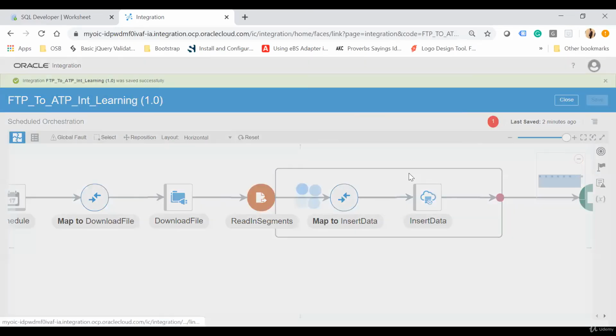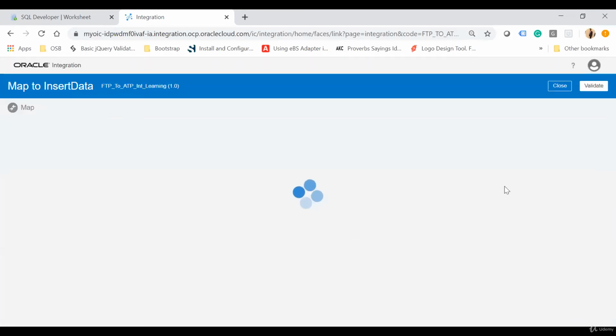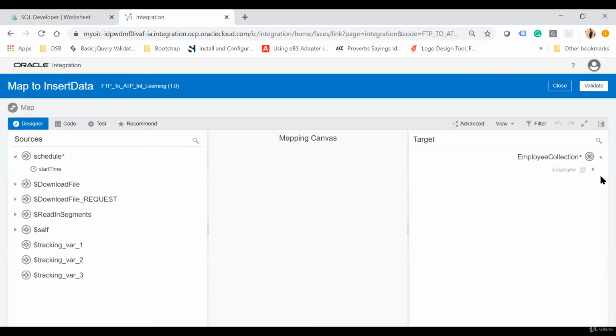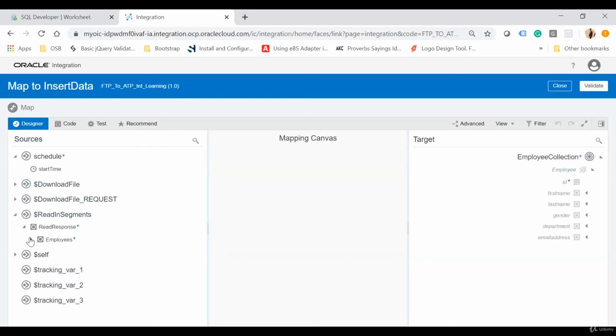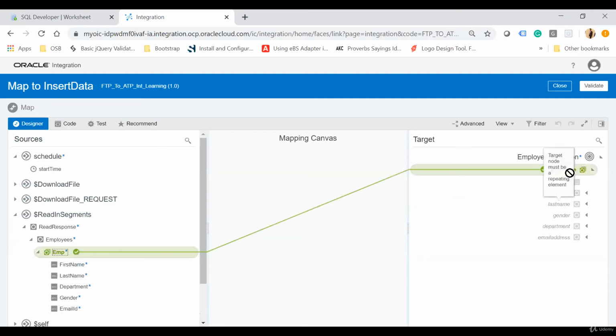Now just save your integration, and then open this insert data mapper. Under this insert data mapper, you have to map all the data which is coming from the file to this thing. So here you see, this is the employee collection, which means you can insert multiple data at a time. So here, this is the read file in segments, read response, then employee, and then EMP, and you just put EMP to employees,